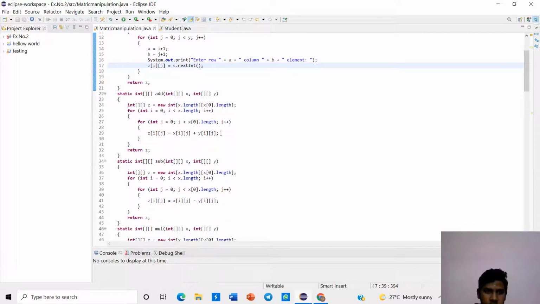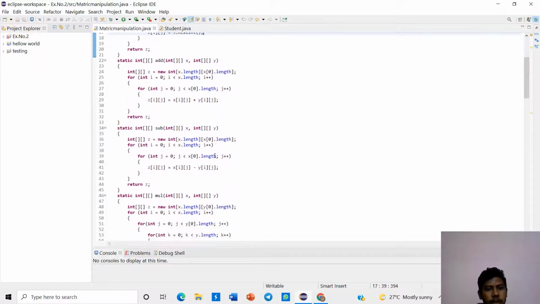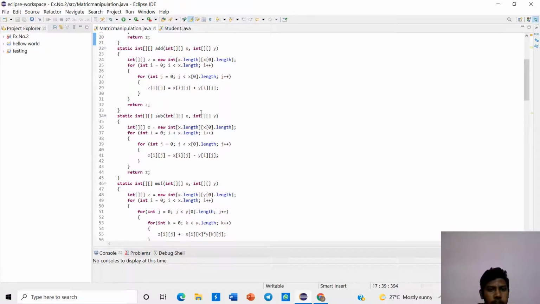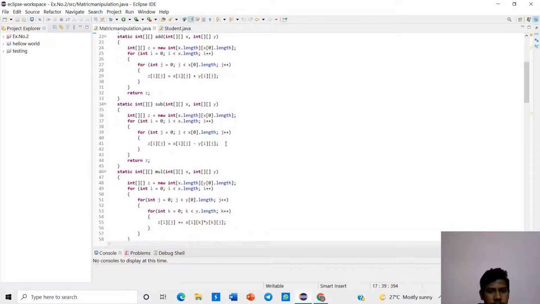And again a nested for loop, int j is equal to 0, j is less than x[0] dot length, and j increment. In this we apply an addition logic, and then we apply a multiplication.